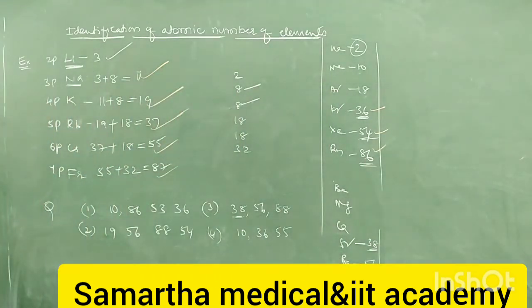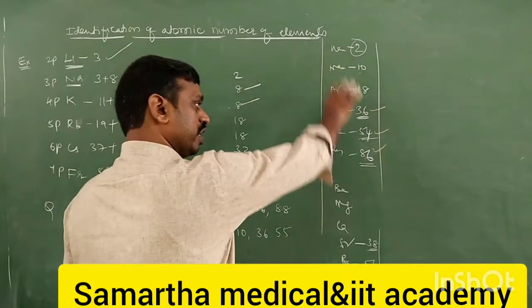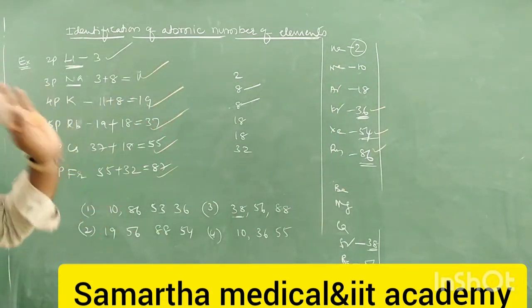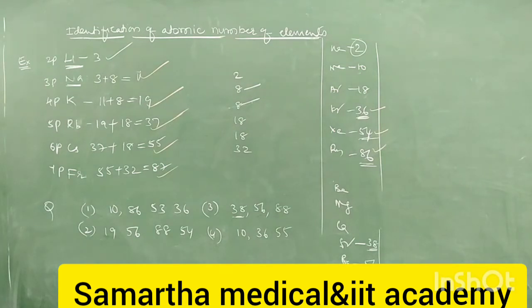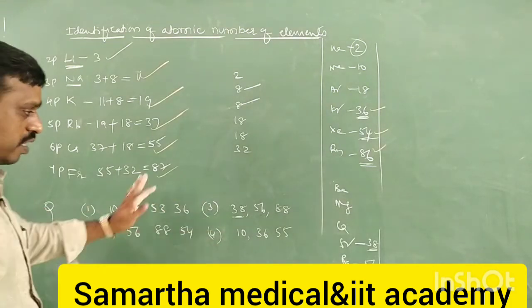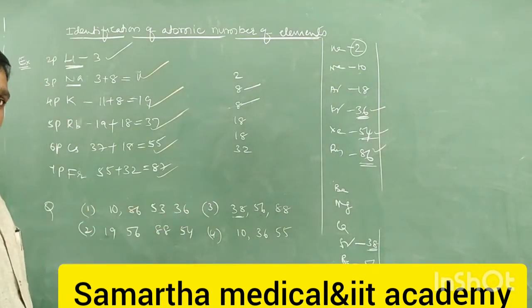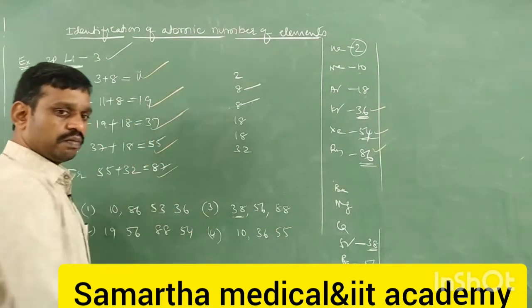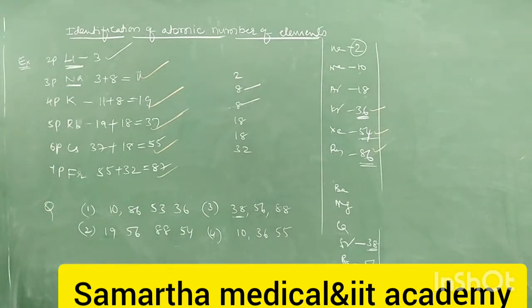Okay. So by remembering the atomic numbers of noble gases, it is easy to identify the atomic number of any element in the periodic table. That's possible. So this is one way you can identify which group a given atomic number belongs to. And moreover, we have studied how to identify the period and block. That can also be done. So next.